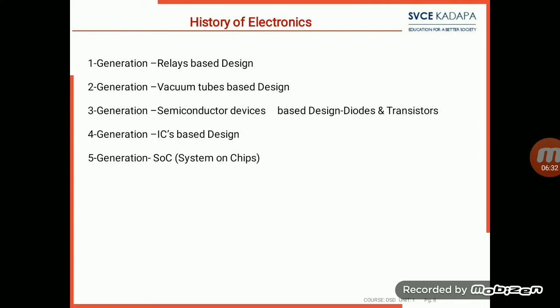Next, go for the history of electronics. The total history of electronics is divided into 5 generations: generation 1, 2, 3, 4 and 5. In generation 1, all electronic components, whether gates, combinational circuits or sequential circuits, are designed using relays. A relay has two plates. One plate is a rotating coil. When power is connected to the coil, it acts as an electromagnetic coil and attracts the other plate.